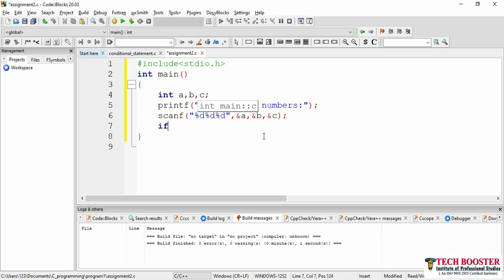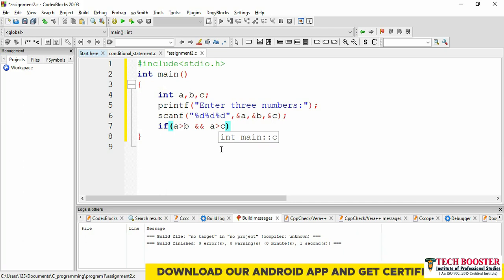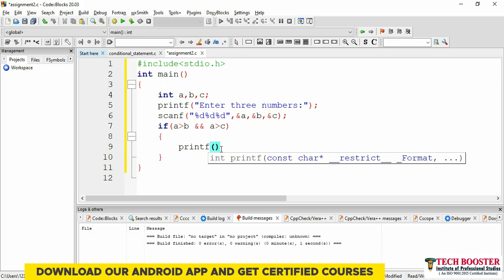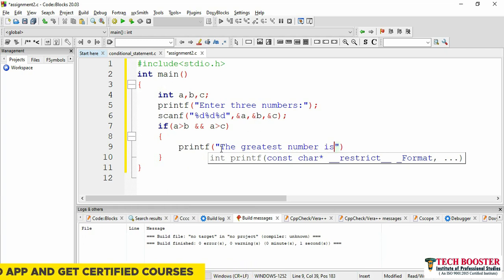So how to write it? I'll start with my if, and here my first condition will be if a greater than b and a greater than c. Here I am using this logical operator AND. Here what do you mean by AND? That both of my conditions need to be satisfied, and then my statement will get executed. Here what I will printf: the greatest number is %d,